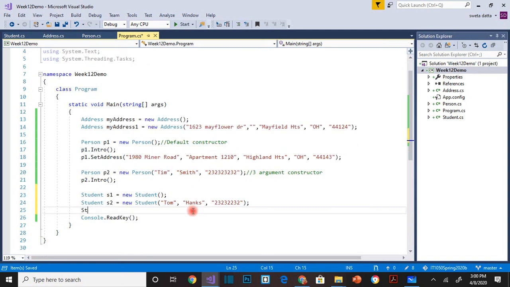Third student, so I want to use this longer constructor. So this is social security number, student ID, GPA,